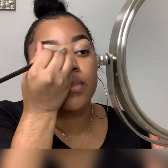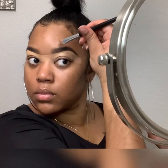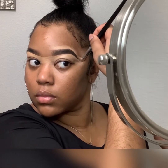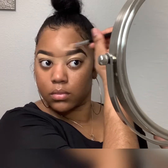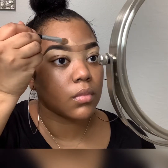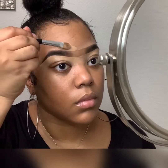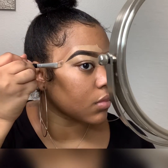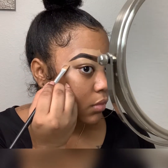So I also wanted to just throw in, since I am concealing using a concealer, because I know sometimes people have a little trouble picking out colors. My trick for your concealer, whether you're going to the beauty supply, the drugstore, Walmart, Sephora, Ulta, wherever you're getting it from, is that the concealer you're going to be concealing your eyebrows with, or highlighting your under eye and your face with when you're contouring, should be about 2 shades